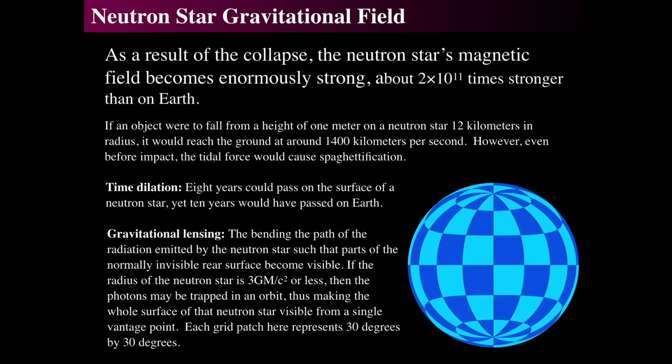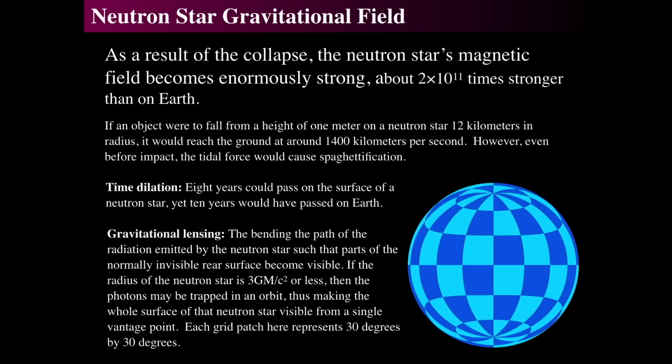Now, if the radius of the neutron star is actually much smaller, because the mass is higher, then you could be at a certain place above the neutron star and see the entire neutron star, the front and back, the entire neutron star in your full field of view, because the light could possibly be trapped in a circular path around it. And that can happen due to gravitational lensing at certain radii,